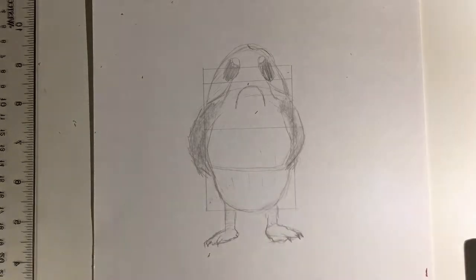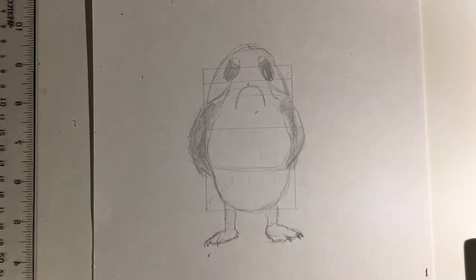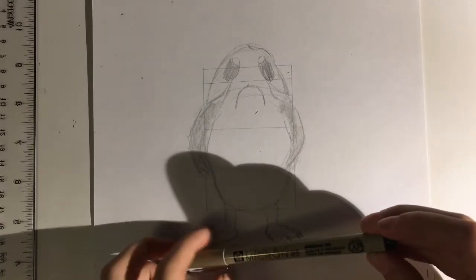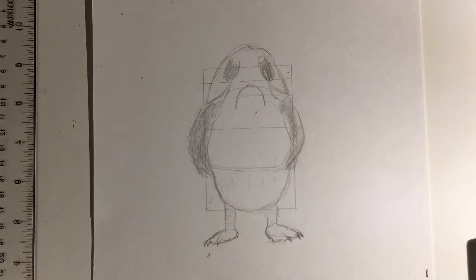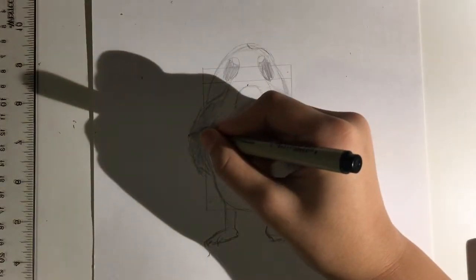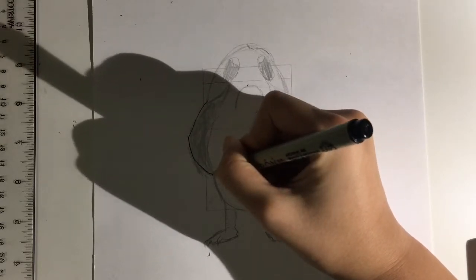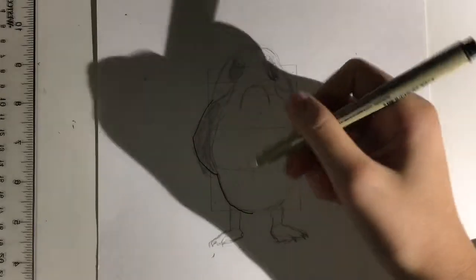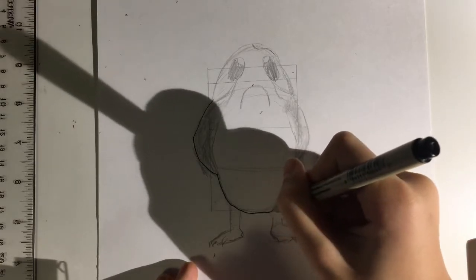Pigma Micron. Remember, I love to use these Unipin pens, but I have switched my interest to my Pigma Microns. They're really expensive, like $3 per pen, but they help me get the lines I want. May not work for you. This pen may certainly not work for you, but it works for me, and it gets me the lines I need. So I stick with it, but sometimes it does have its disadvantages, which is that you have to wait